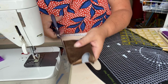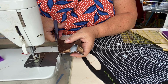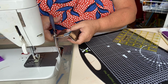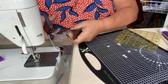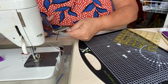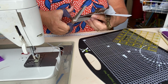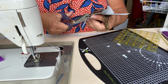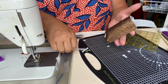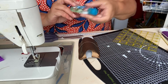And then all I'm going to do is trim off the seam allowance down to about 1/8 of an inch, and I like to curve that bottom bit. If you want to use a rotary cutter to do that, that's all fine. I don't feel the need to. And then all we've got is